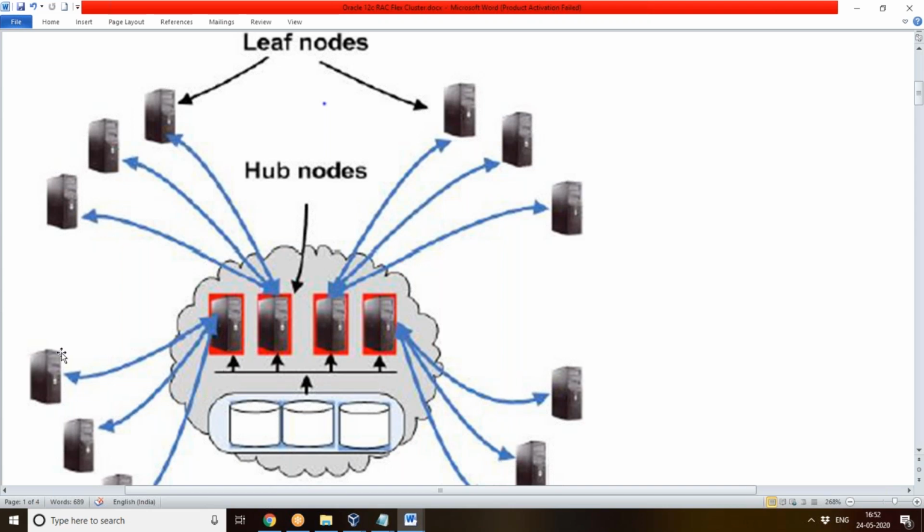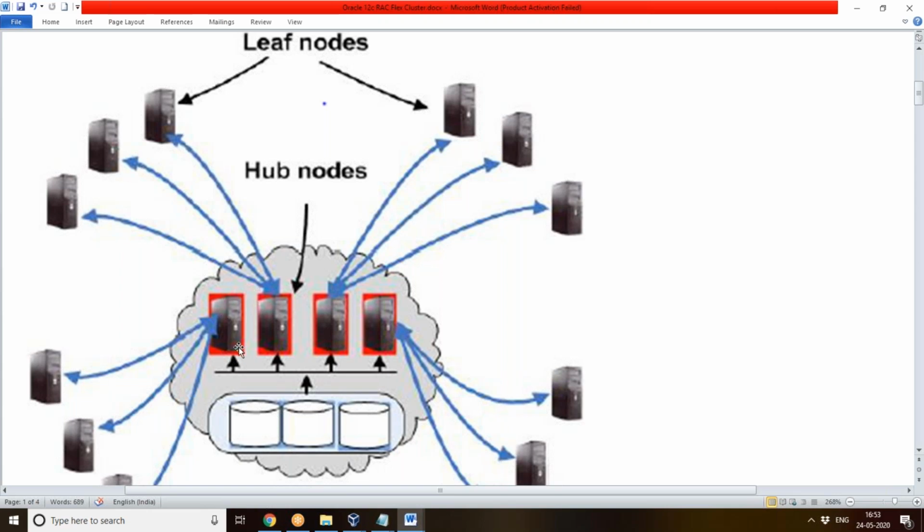But these leaf nodes are like dumb terminals, you can imagine. They don't have their own memory or their own storage. Only the hub nodes share the storage, whereas these leaf nodes are connected with the hub nodes. That's why we call these application nodes, terminal nodes, or leaf nodes. Fine. So these application nodes will share the load of the hub node.